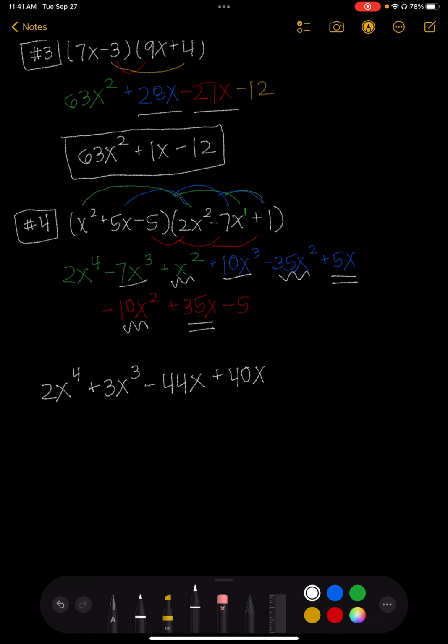And then the last thing is the thing without any exponents, which is just that very last chunk, which is -5, because there weren't any like terms there. And there we have it. There's our answer. And this is